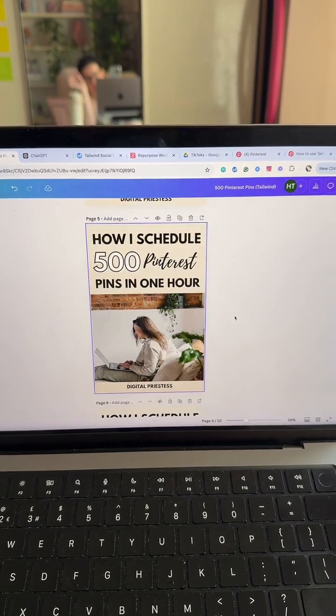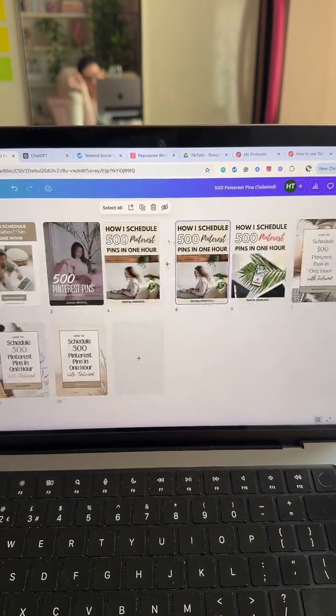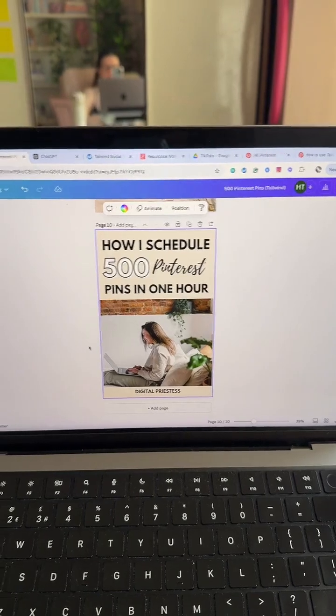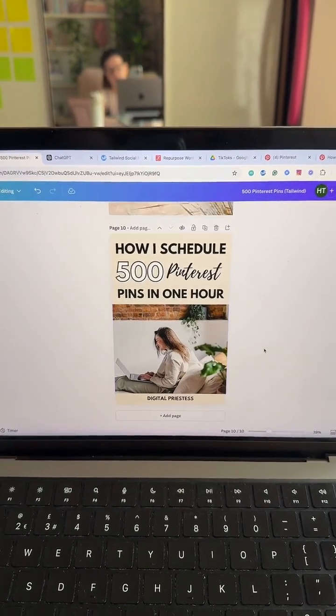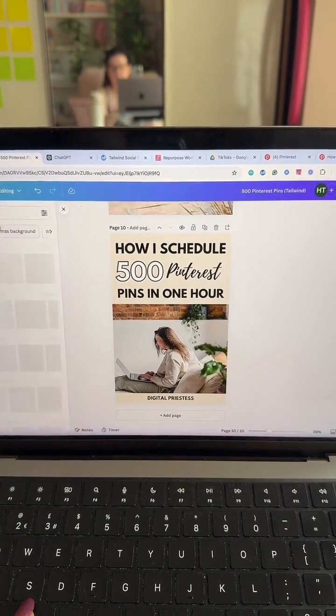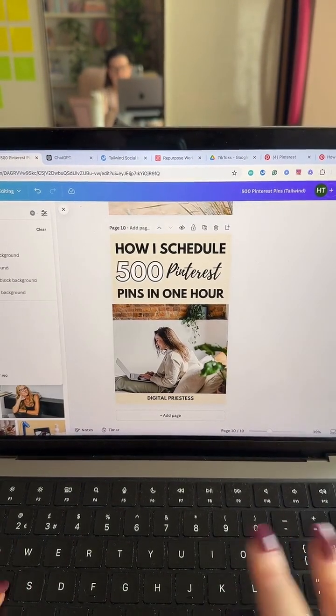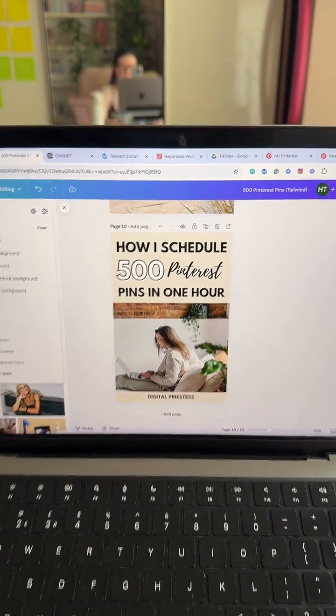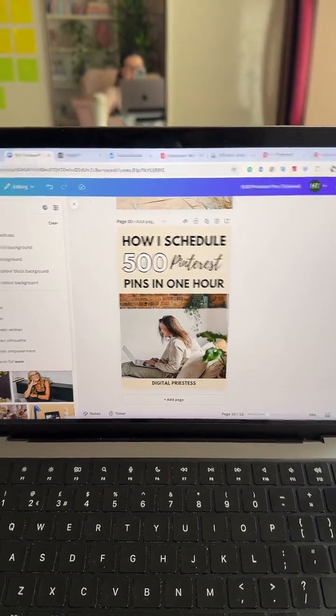So let me duplicate that one, and then I'm going to move it to the end. And I'm going to just make a bunch more of these. If I go quiet, it's because maybe I'm just going to concentrate. So the first thing I'll do is I'll go and change the image straight away. And I tend to look for women on laptops. Can you guys see?